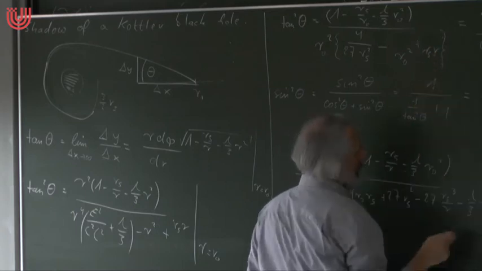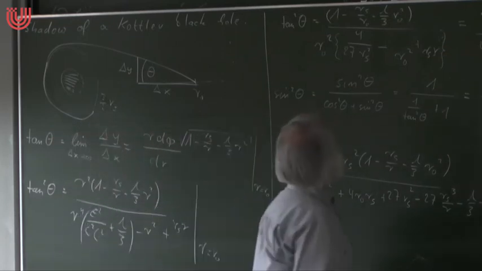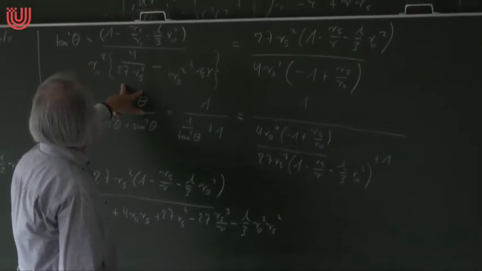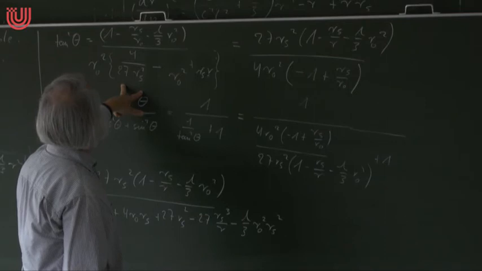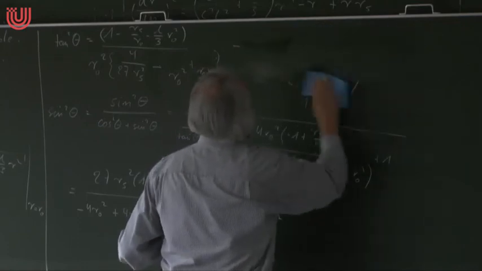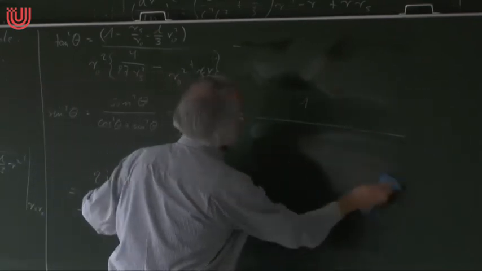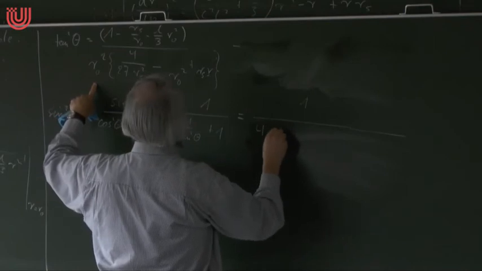So what I found here is definitely wrong. I realize this, so it's good that we change it. So let's see if I can correct this. What do I do now? Probably the best thing is to leave this and insert it here for this expression. So let's see. If I multiply this, I get 4 RO squared